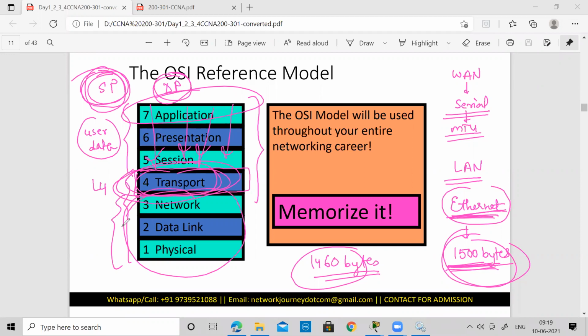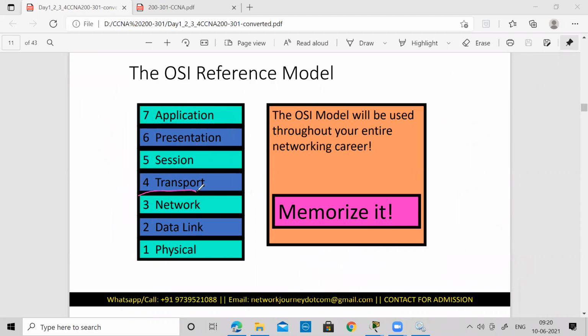So what next is your entire networking. From layer 3, layer 2, layer 1 is where your exact networking comes into the picture. The network layer is the backbone, the heart or the brain of your networking, because here is where you will learn about IP addressing, and the concepts related to routing, because a router is a layer 3 device. It works on the network layer.